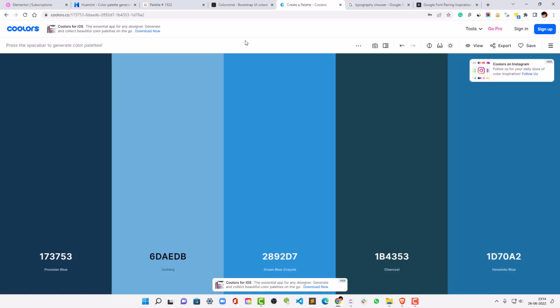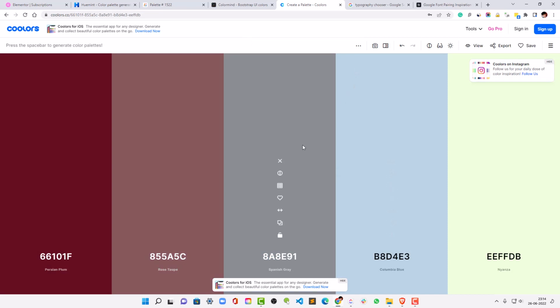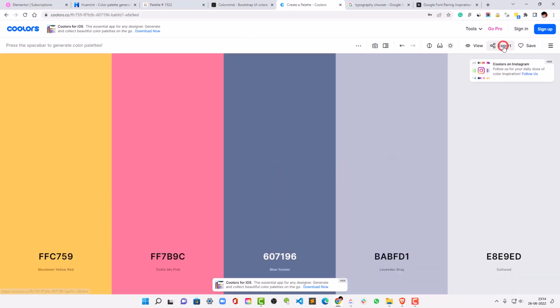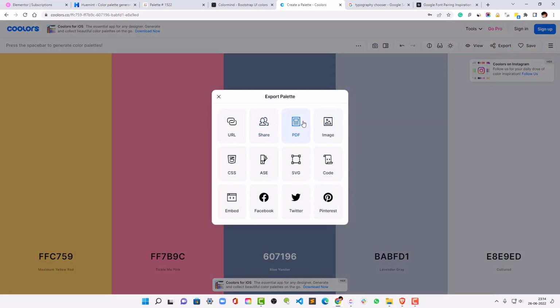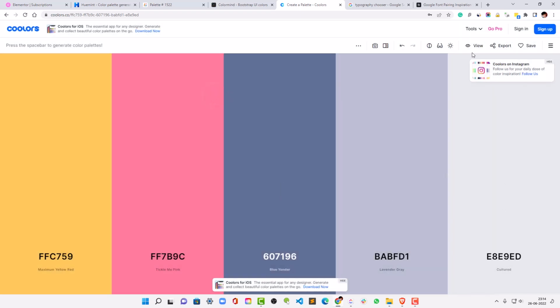And you can find branding colors. When you find that, you can export them, okay, in a URL, in a PDF, in image, SVG, or in any kind of file. Okay, this is very great. There are tons of features, but this video is not about this tool, so we will skip it, and let's